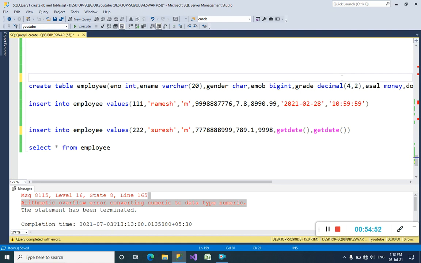We can insert only values up to 99.99, because these two digits after the decimal are called scale 2. And all four digits in this decimal, we are having 4 digits, so no problem here.